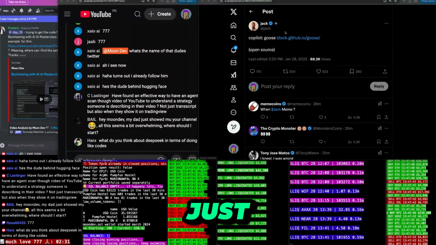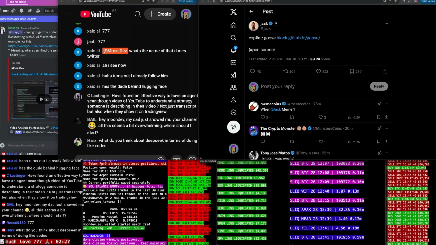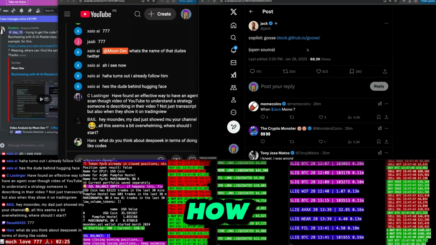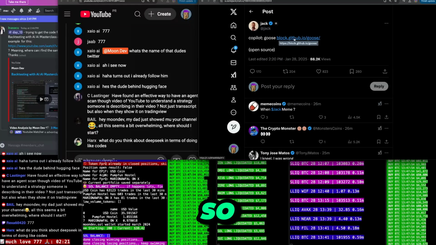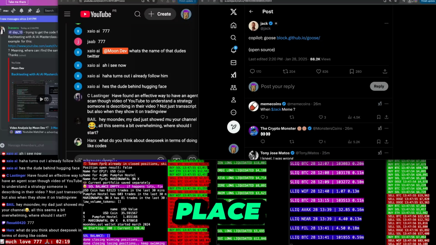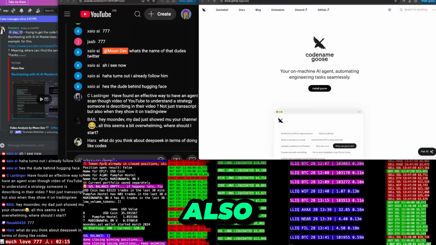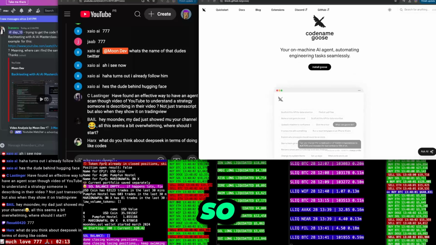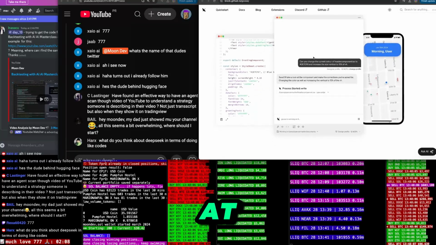Jack Dorsey just dropped Goose, which is an AI agent platform. Not quite sure what he has to do with it, but he posted it on his Twitter. He started this Twitter place, this X place now. Also, a couple other big companies. So I gotta at least look into what this Goose thing is. I took a quick look at it and